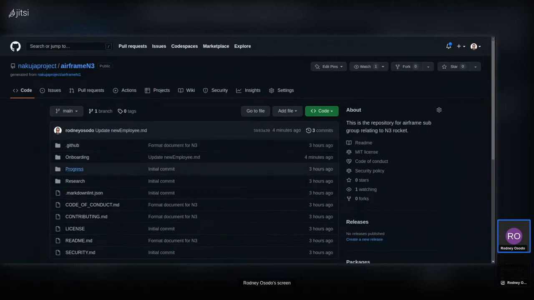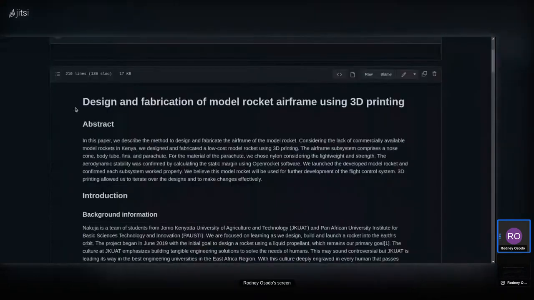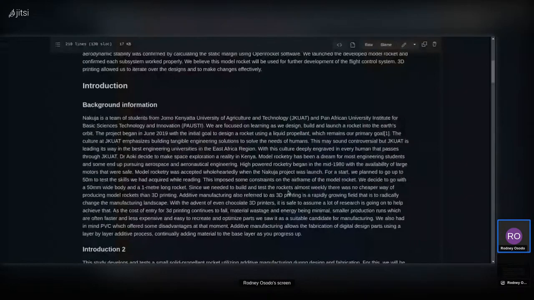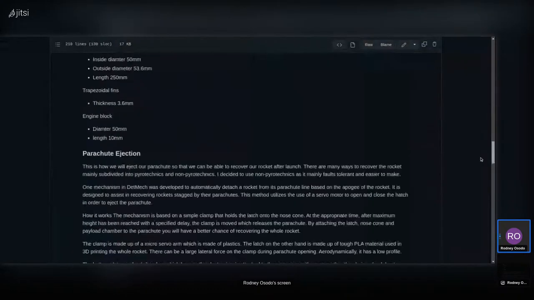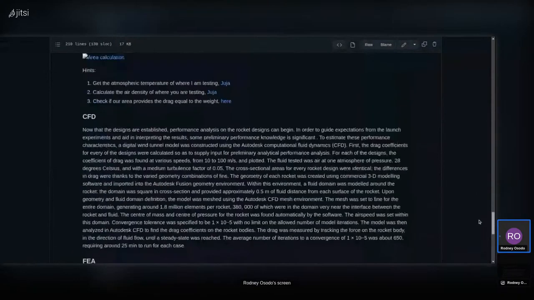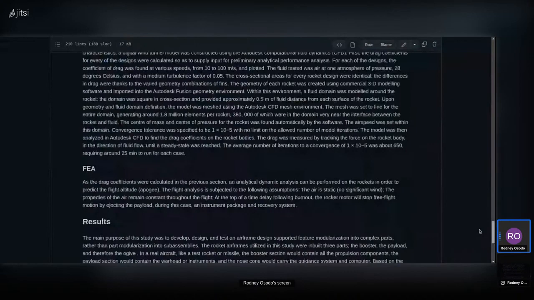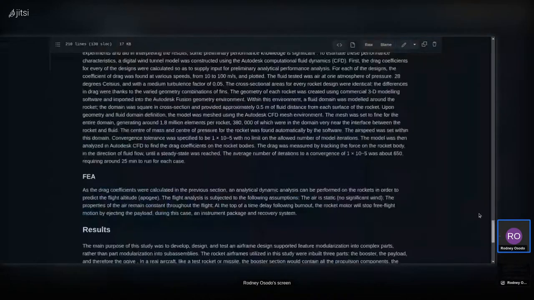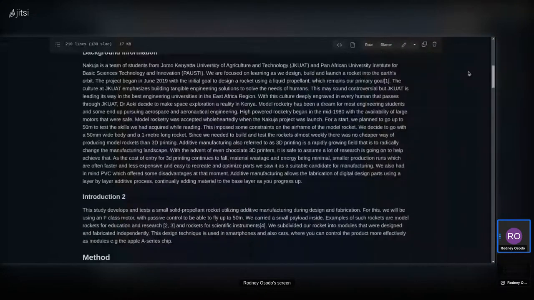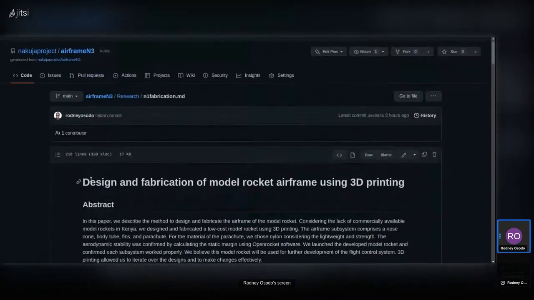Yes. Also on research, you can put N1 fabrication, or if you are intending to write any research paper, you can be able to document it here. We will be able to help you document the research paper. This is just an example of N1 fabrication. This did not qualify for SRI, so we still just have it here as a